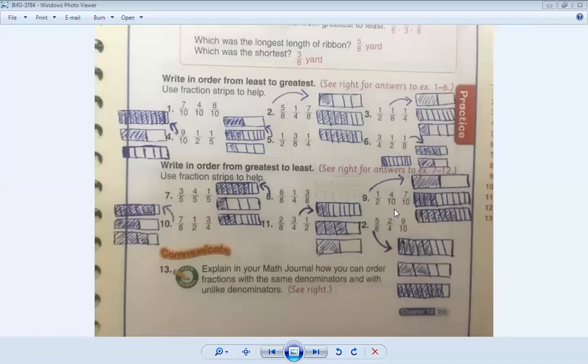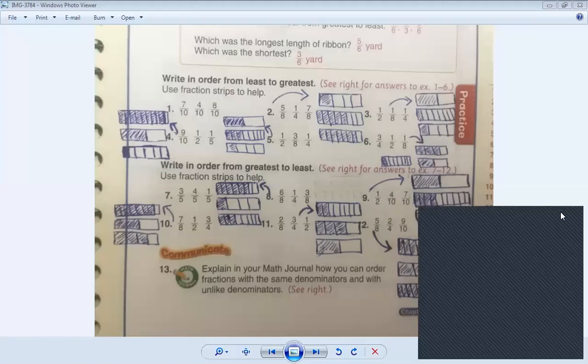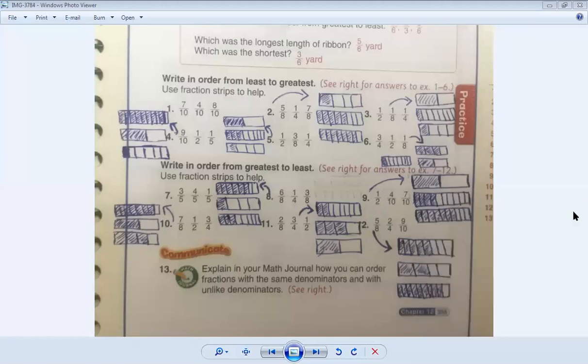1 out of 2. Yes, you have to draw and write. 1 out of 2, 4 out of 10, 7 out of 10. Yalla, who can guess? Which one is the greatest one? Number 9. 7 out of 10, then greatest, ya Sanad, from greatest to least. 7 out of 10, the greatest one, then